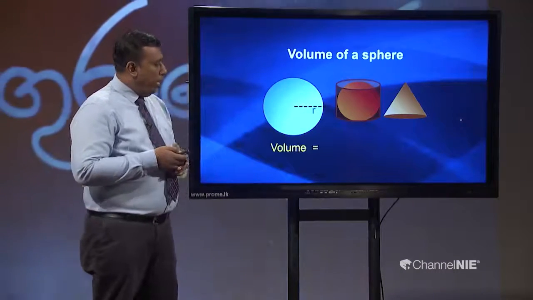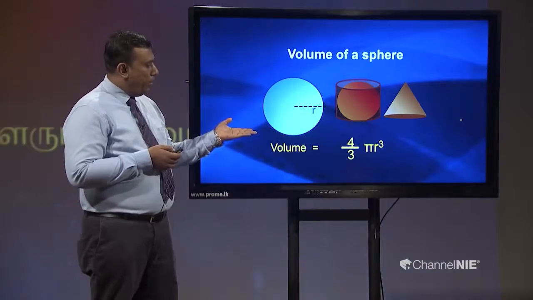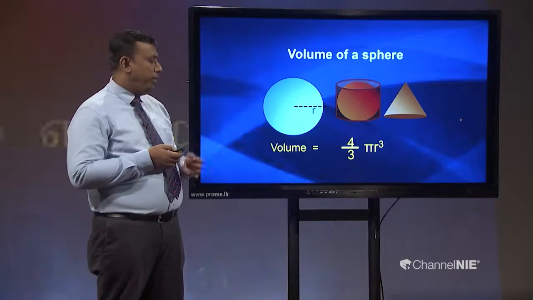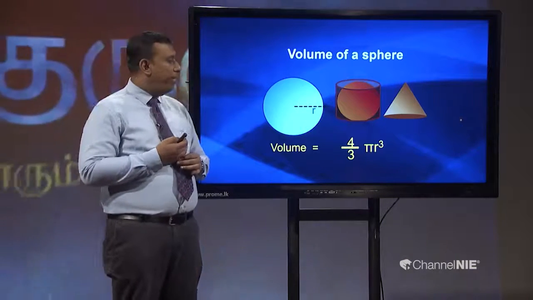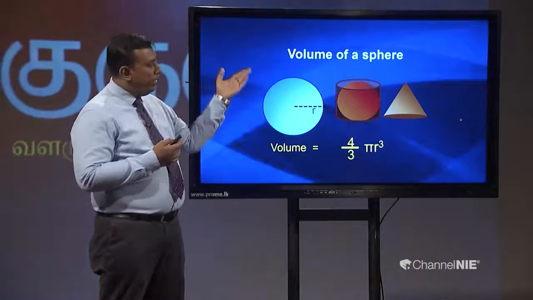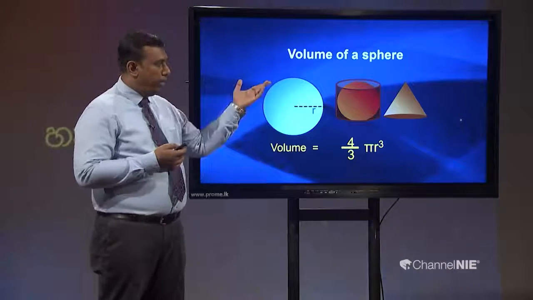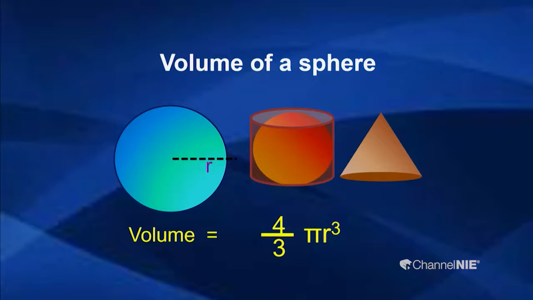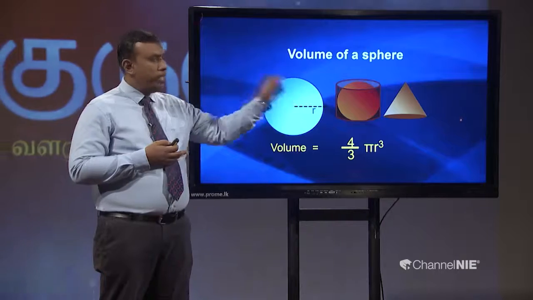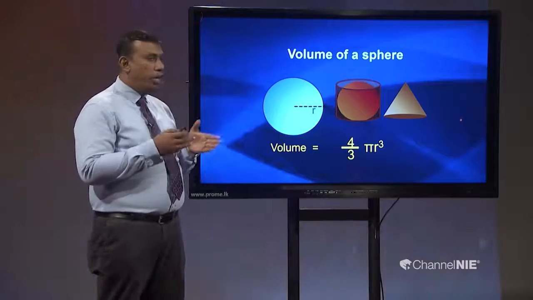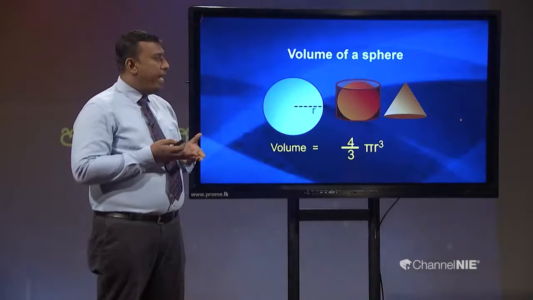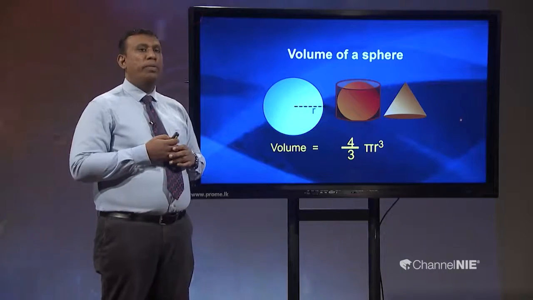So now you can see that one method: volume equals 4 over 3 πr cubed. There is another long method to find that volume. I will explain how we get that value, 4 over 3 πr cubed. Here the volume of this spherical part, that means the sphere, and the volume of this cone, when adding them, should equal the volume of the cylinder.